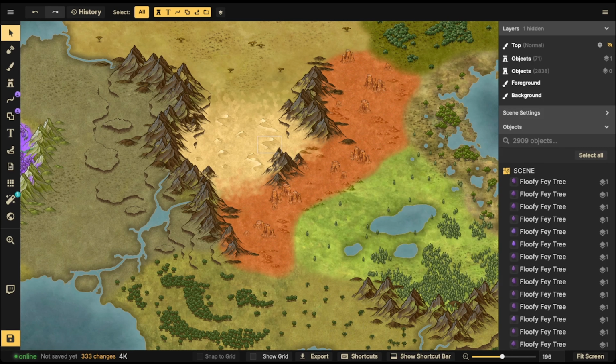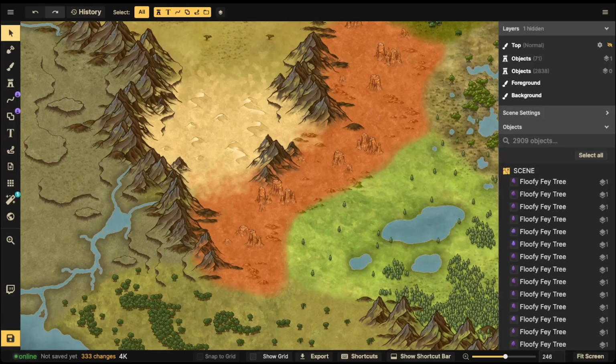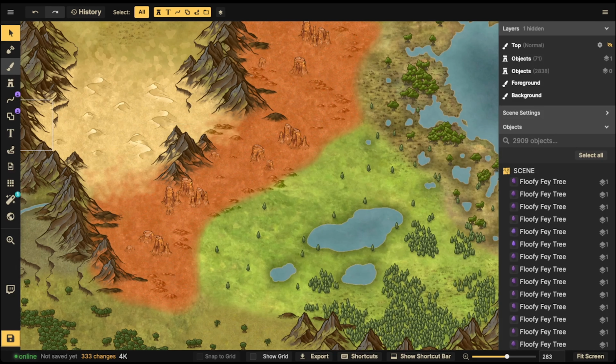Let's do a couple more so you can kind of see what it looks like by adding even more. So let's take that orange one. This time I'll use